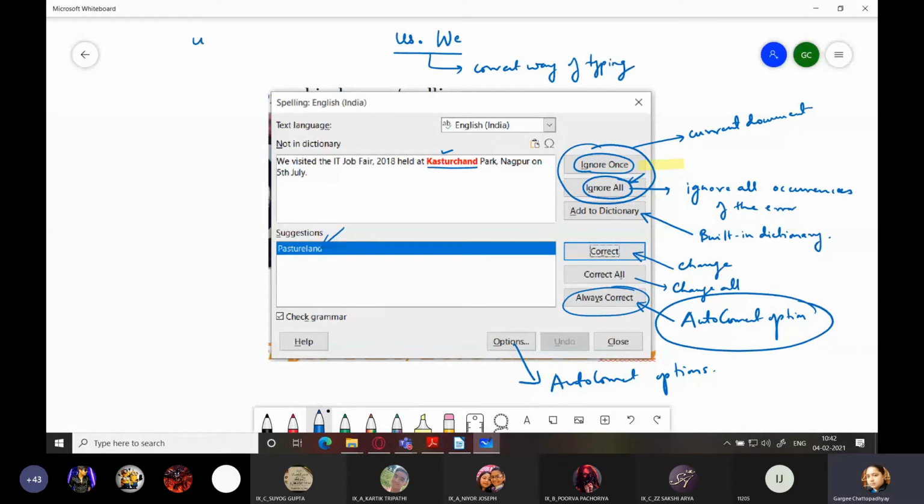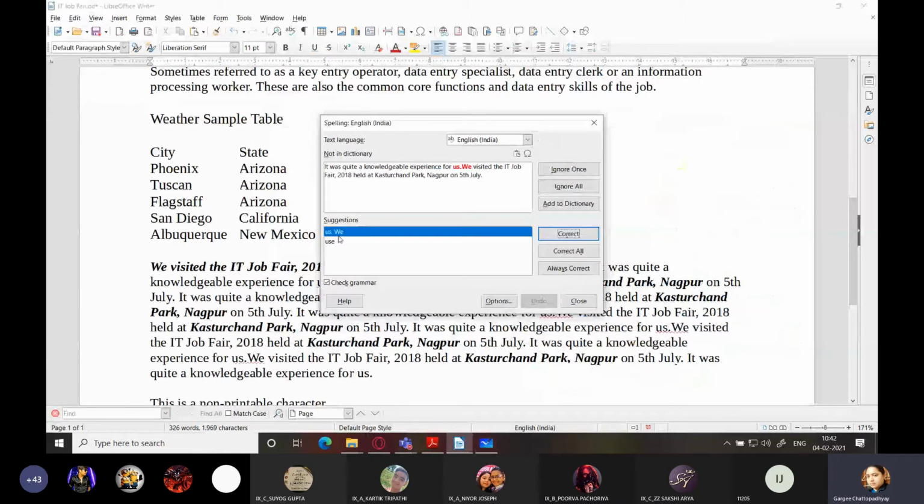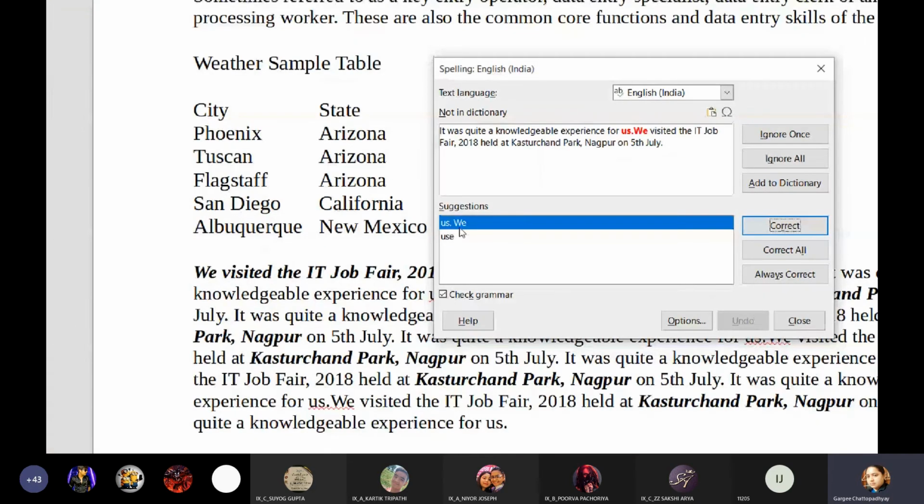So when you are writing us dot we like this, it considers this whole patch as one word. It recognizes it as a word and then it sees that this is not a proper word in the built-in dictionary. So it highlights it as an error and gives us a suggestion, as you can see over here.